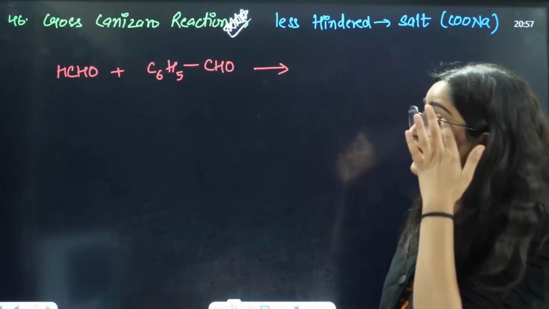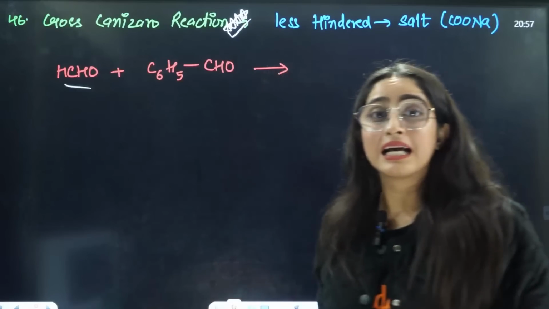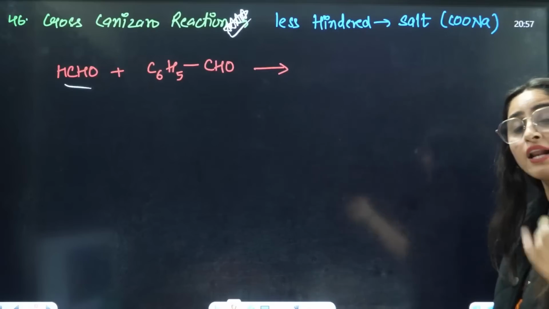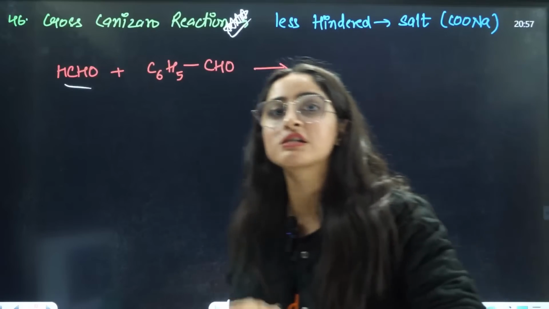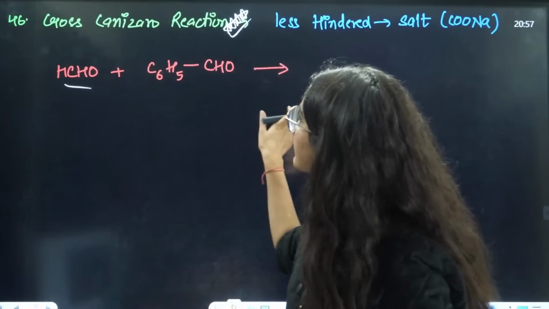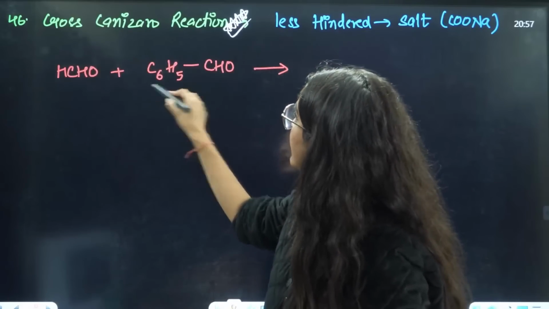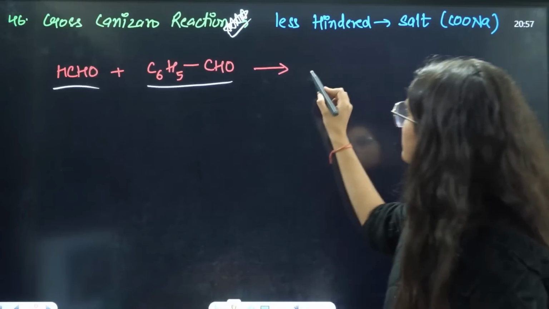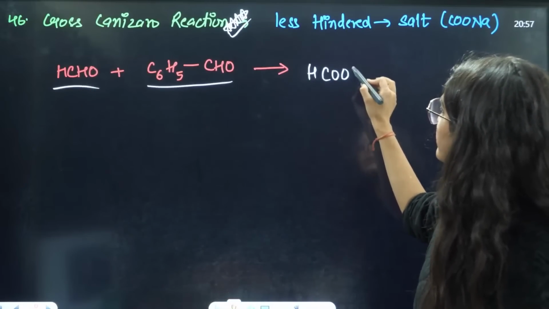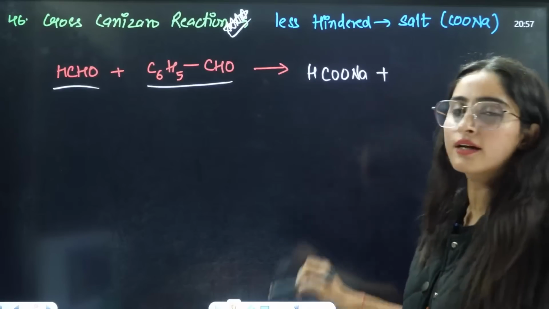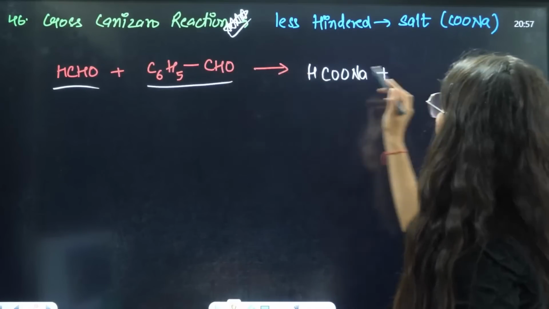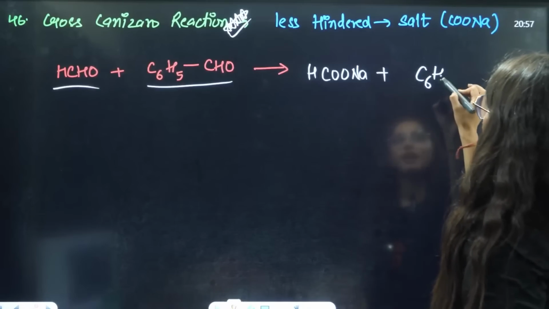Now, here see, you have CHO. The one which has less hindrance will form the carboxylic salt. Now, which is having less hindrance, everyone? Which is less hindered? This is less hindered, so this will form the carboxylic salt. Less hindered is going to form the salt. Okay, so now this is going to form the alcohol, so this will be